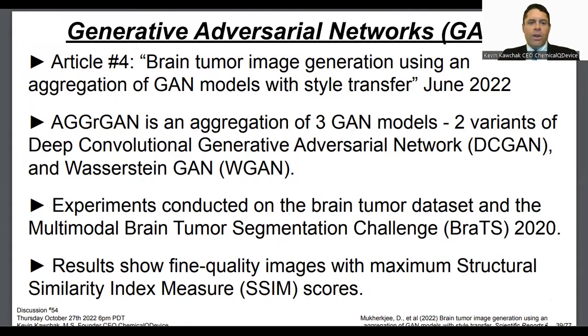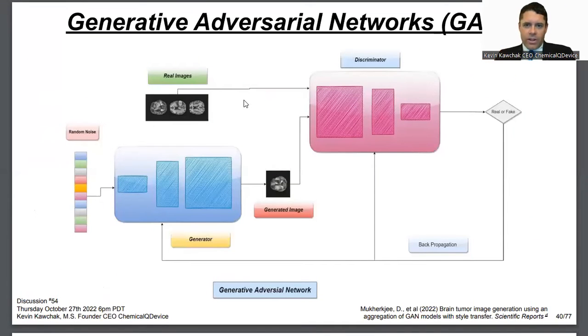So it's used, you have the brain tumor. This is BraTS, the common data set. And then it's tested by these SSIM scores. Now, this is where it's at right here. Without getting caught up, basically you have this generator in the blue, and then you have the discriminator